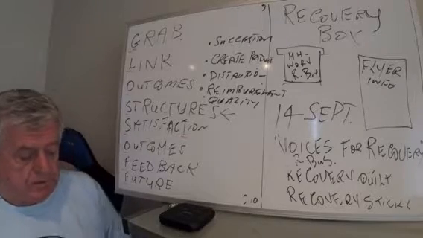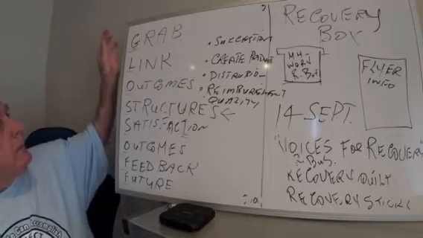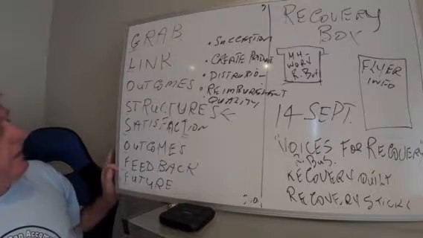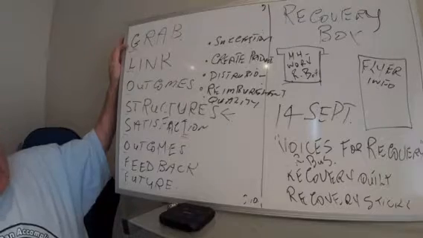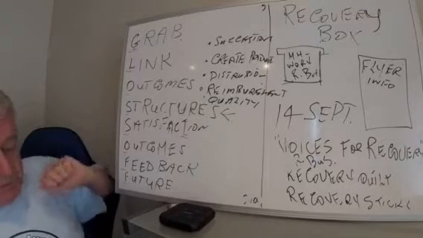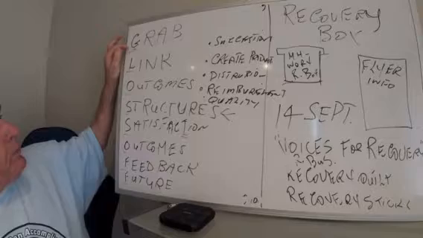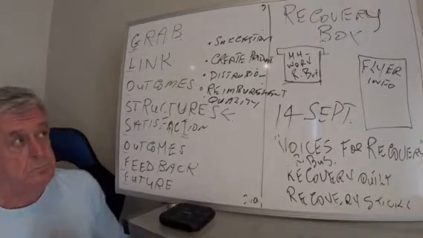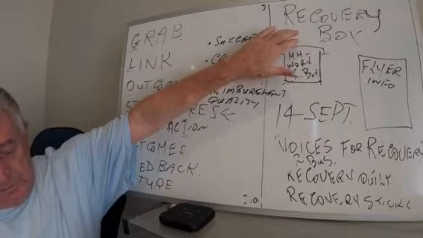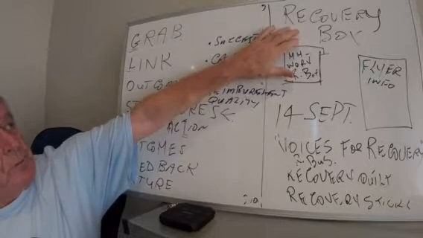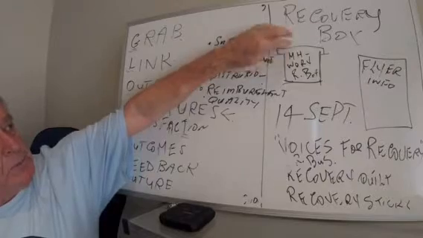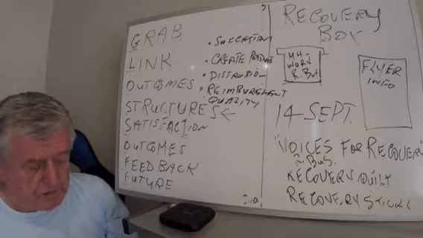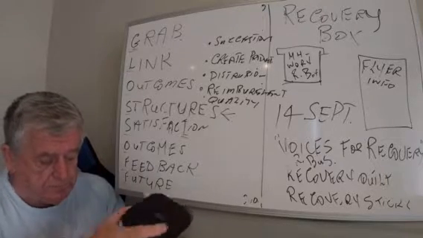and what we're going to do in this session is just briefly talk about the little acronym that I use to identify whether or not we take the project to the next level. You'll see up here the G stands for grab, and you'll see that we've got a catchy name called Recovery Box. It's going to be supported by MH Works, and the reason we've settled on that name is that